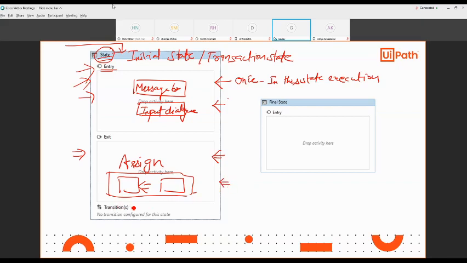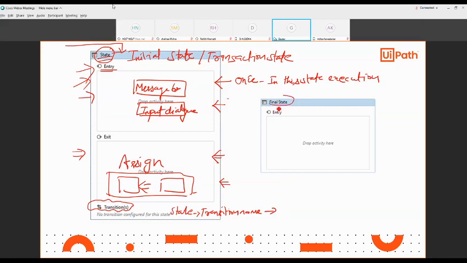Okay, and here you can mention the transition, what kind of transition you want to perform. So I will show you how this transition will look. Basically, this kind of statement is there: the state, the transition name, if you want to give any name to the transition, and the transfer from this state to what state?